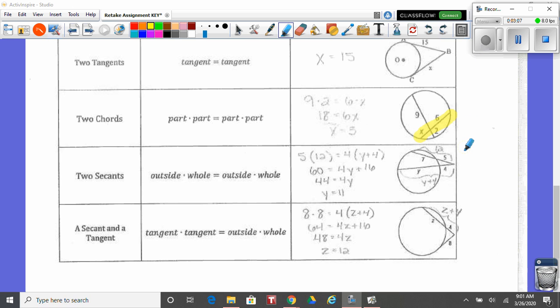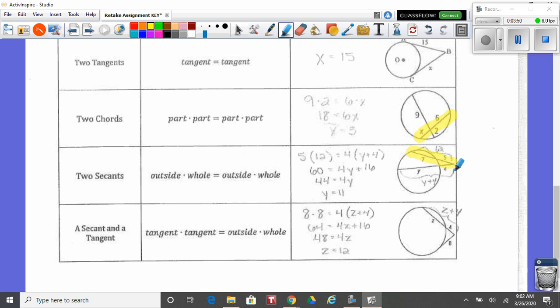The third one that we are working with is the 2 secants. Our secants, as you see, enter from outside and go through our circle in 2 different spots. So for our secant, what you do is you identify the outside piece. So in our first secant, we have this 5 and 7. The 5 is on the outside, and then it's going to be the 5 times the whole thing. So 5 plus 7 would be the whole thing, and you could use your distributive property there. We have simply just made it 12 because 5 plus 7 is 12, and that's how we got our 60